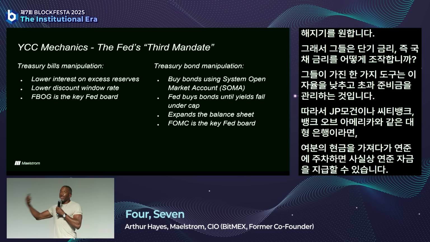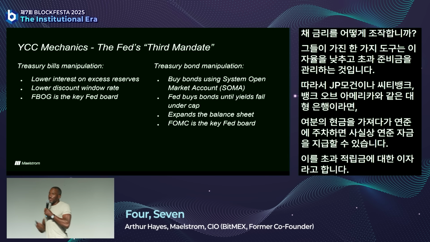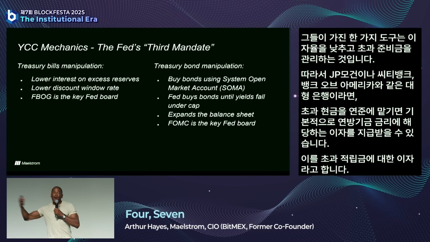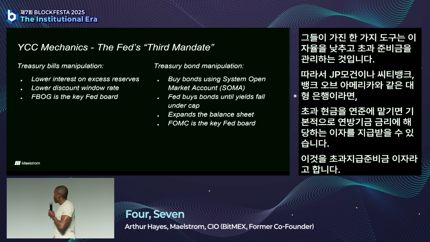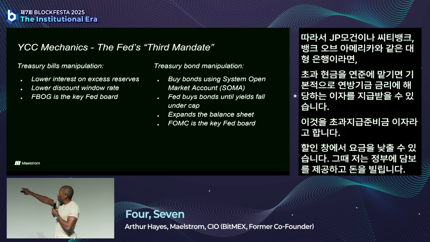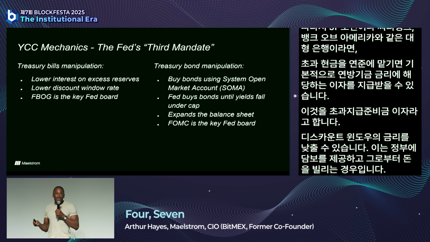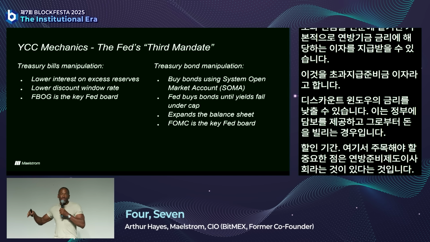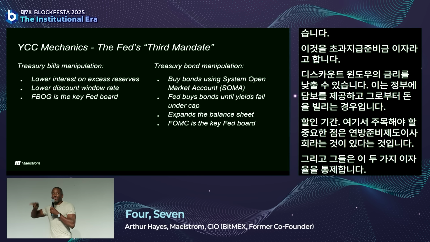You can lower the rate on the discount window. That's when I give the government some collateral and I borrow money from it in the discount window. The key thing to note here is that there's something called the Federal Reserve Board of Governors, and they control these two rates of interest. So if Trump and Bessent are able to control this board, then they can control the short end of the